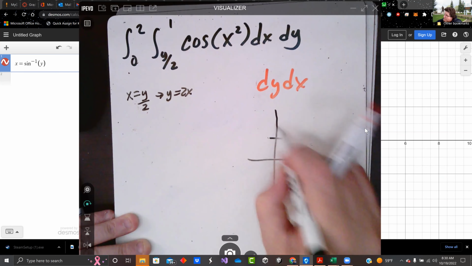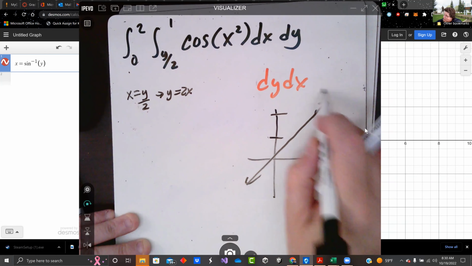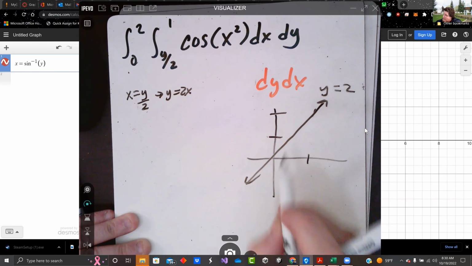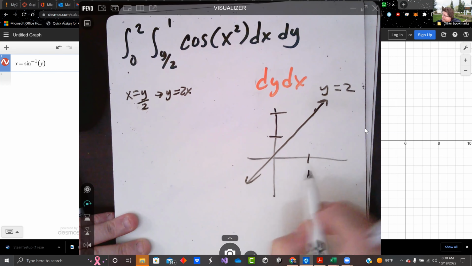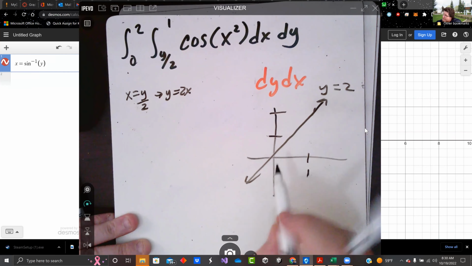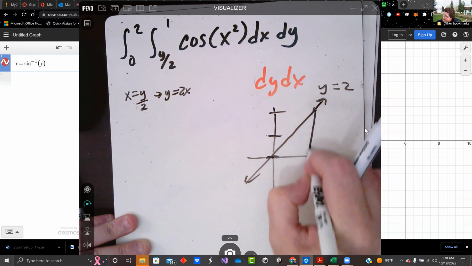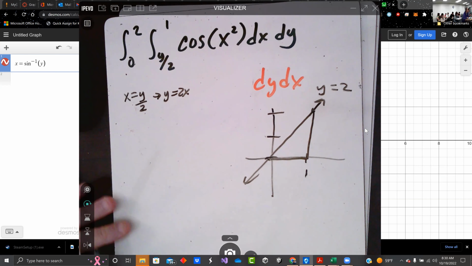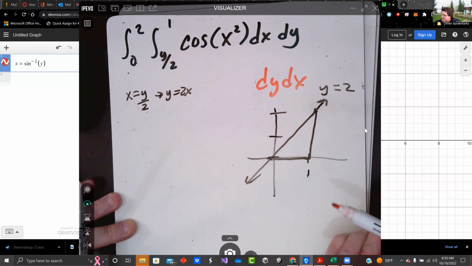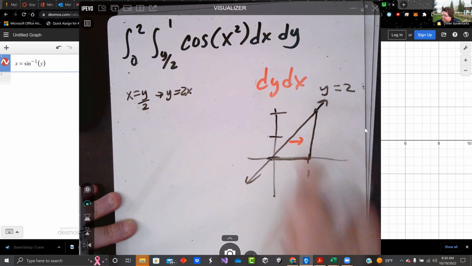So y equals 2x, and we're going up to 1, so that's right here. And then we're going from y equals 0 up to 2. So it looks like this region right here, this triangle. So if I wanted to switch the integral and go that way first,